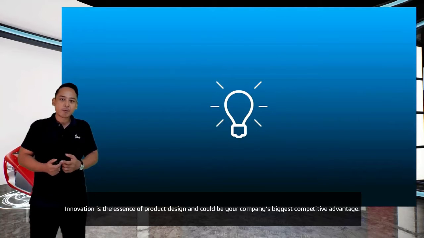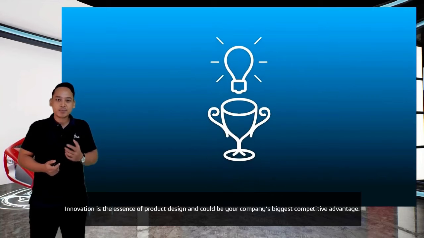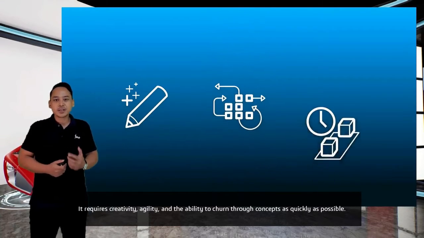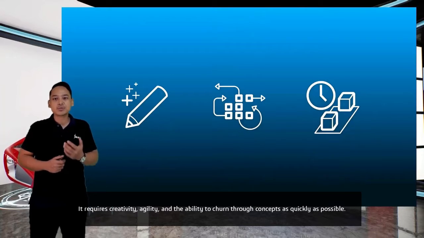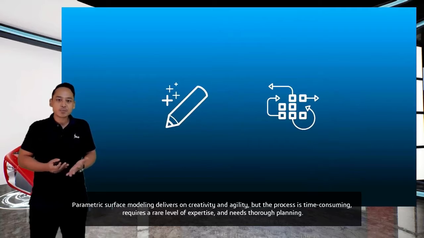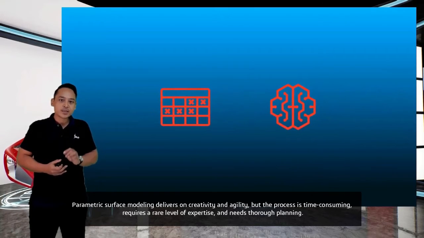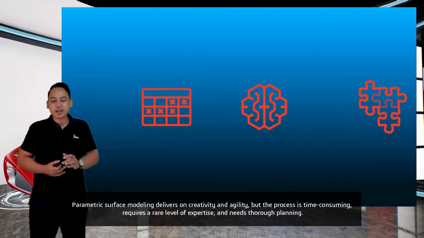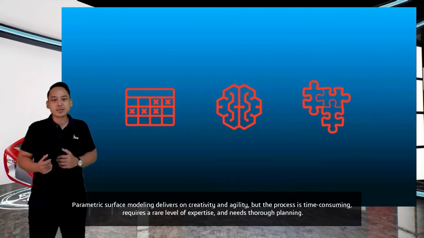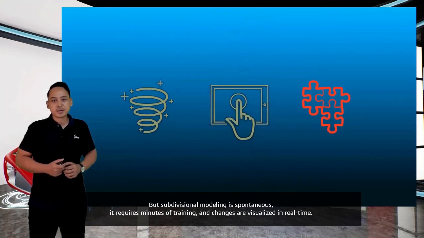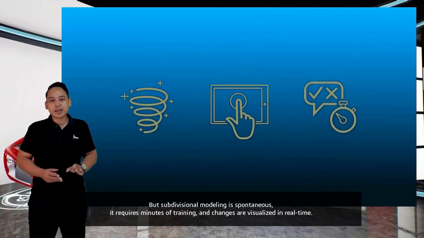Innovation is the essence of product design and could be your company's biggest competitive advantage. It requires creativity, agility, and the ability to change concepts as quickly as possible. Parametric surface modeling delivers on creativity and agility, but the process is time-consuming, requires a rare level of expertise, and needs thorough planning. But subdivision modeling is spontaneous, requires minutes of training, and changes are visualized in real time,